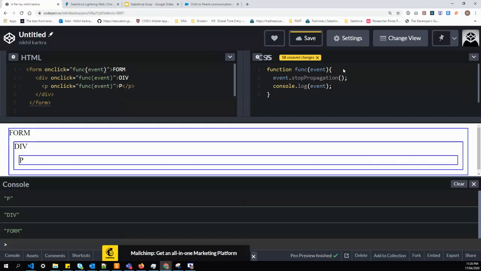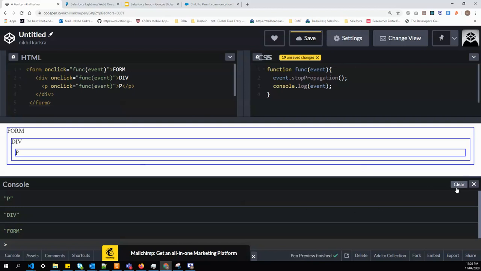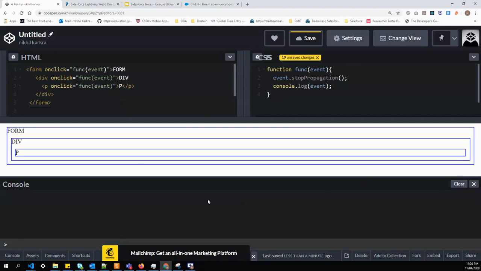So now this is an example of our target phase, in which if I click on a particular target, it only reaches that target because we have called the function stopPropagation, so it will not propagate to the parent. So now if I click p,